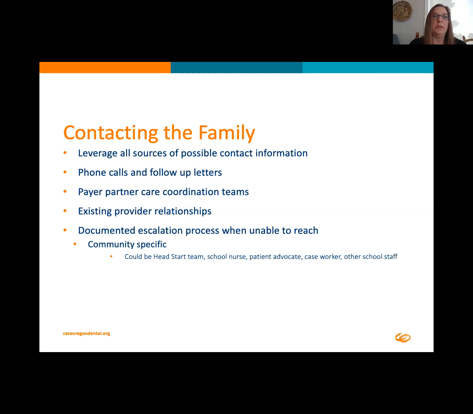We also are able to leverage the payer partners. So obviously because of being in the school, but also with a lot of managed care in our environment, the payer partners have been fantastic at really supporting us in making sure that we're able to really work through,